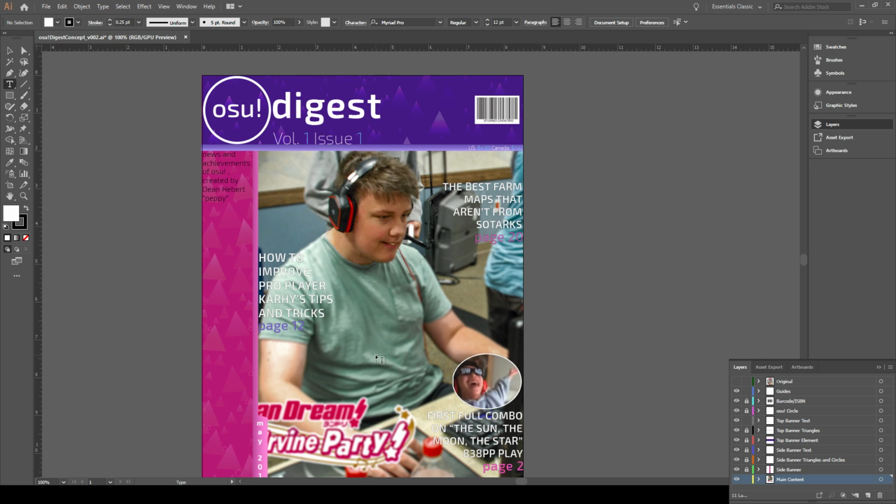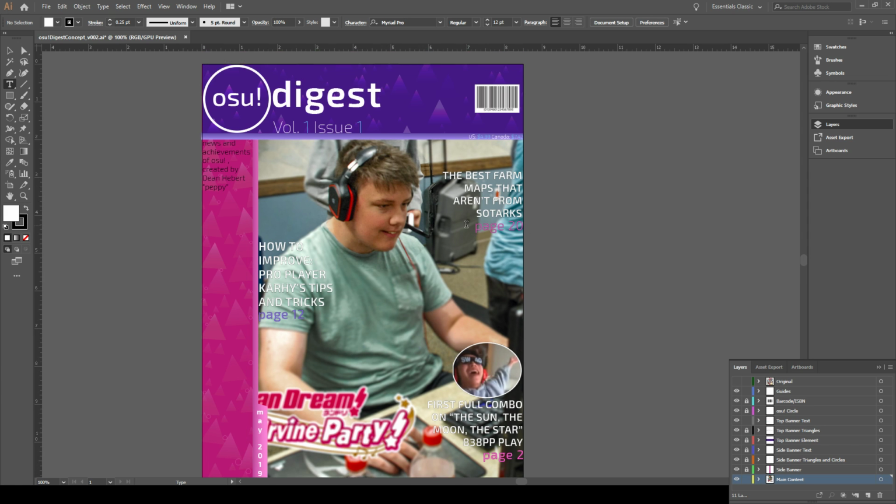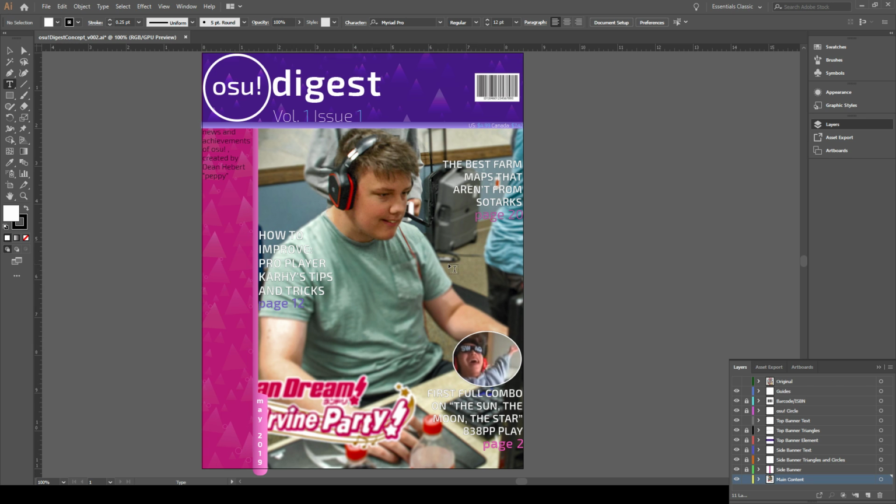So I will say the blur on the earlier photo is quite a bit better, but I think the exposure is a fair bit more even, and the colors tend to pop a little bit more, which works well enough, considering this is more of a pop-esque magazine. But that might be something that I go and tone down, because I'm kind of conflicted on that.